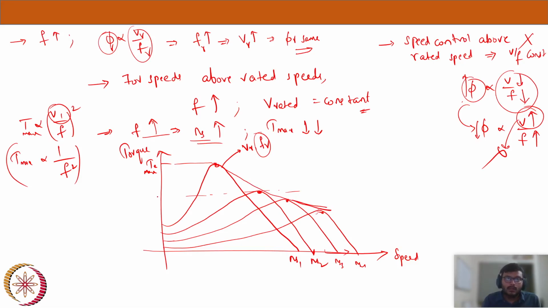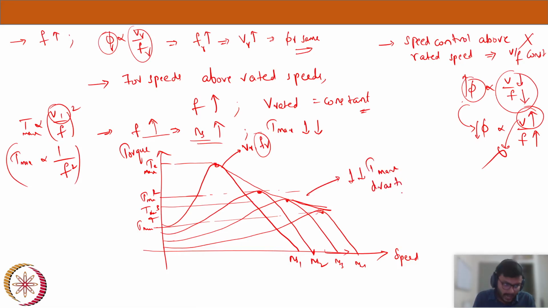like this. So at every instant you will have a different torque max, Tmax2, or maybe Tmax3, Tmax4. So the decrement in the Tmax is drastic, and you can get here the rated speeds, and from this point you will get a speed control